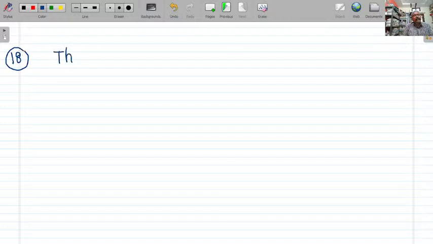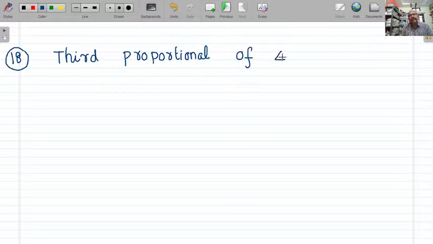The third proportional, this is very very important. The third proportional of 4 comma 6 is,